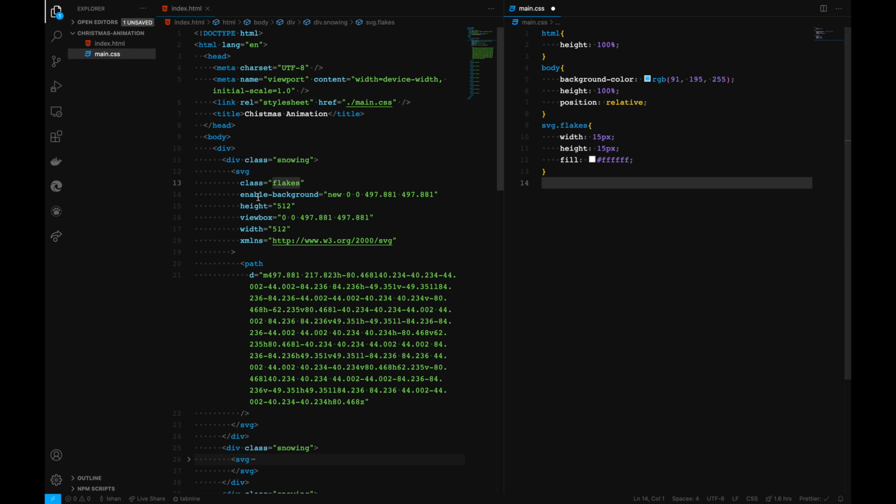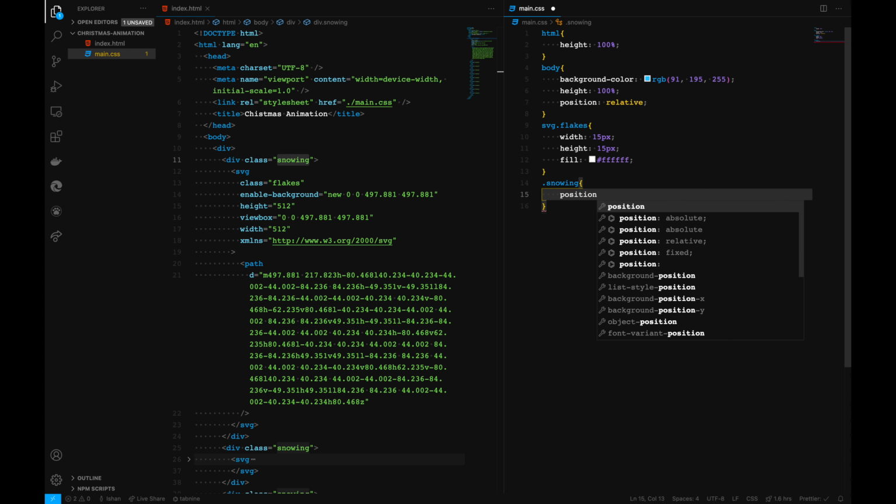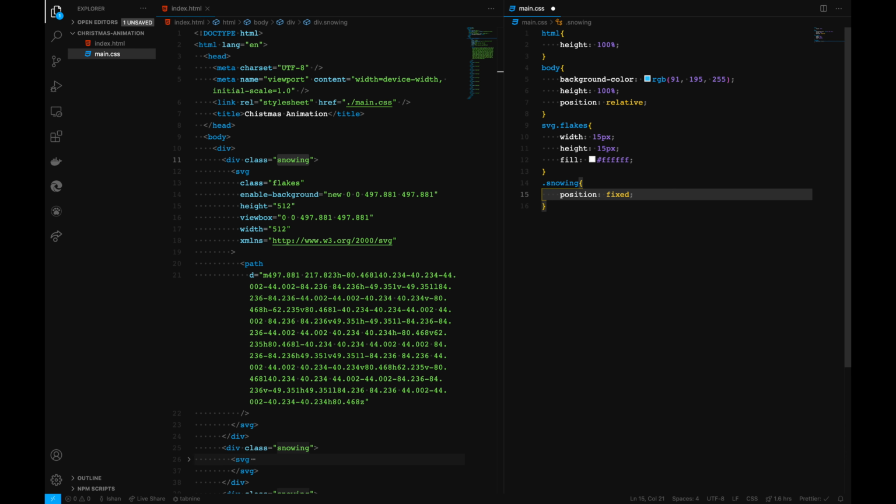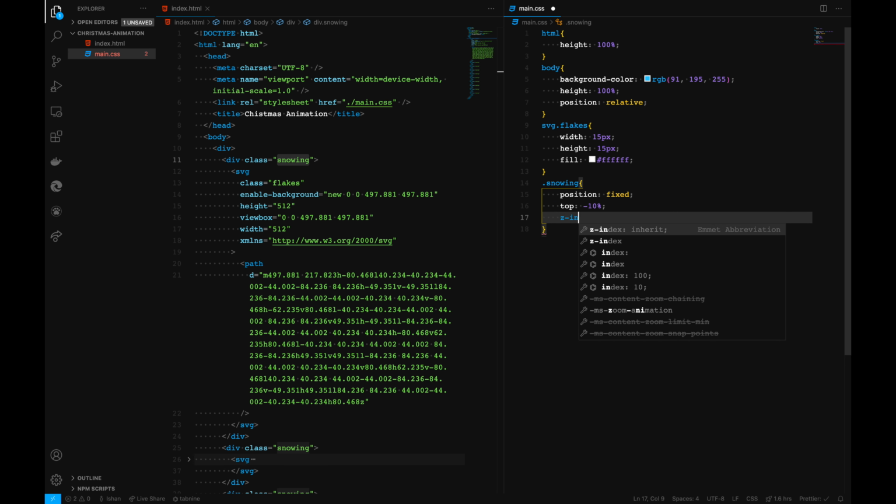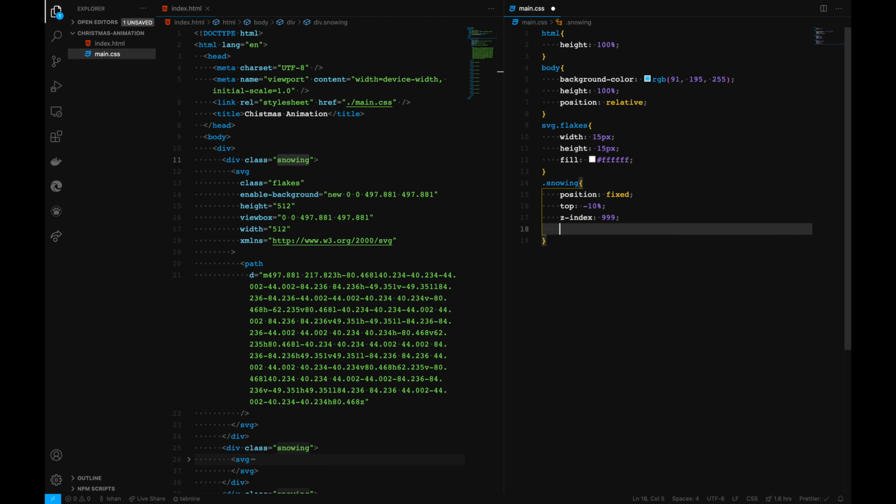And also for the class of snowing, what I will do is add the snowing right here and give it a position of fixed, and the top can be minus 10% because we want this particular snowing effect to start from outside the canvas, outside the viewport initially. And also give a z-index of maybe probably 999,